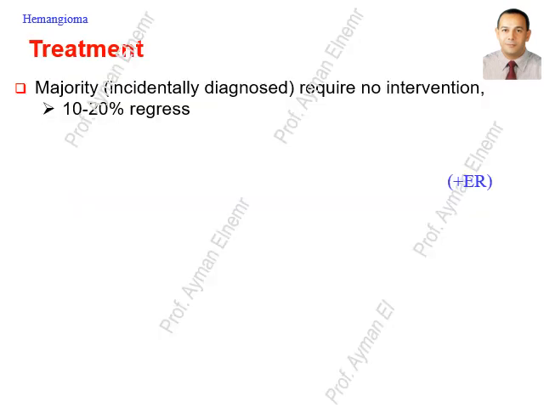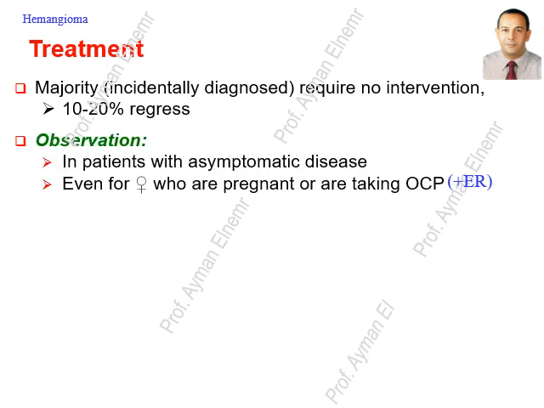Treatment of hepatic hemangiomas. It is important to note that the majority of incidentally diagnosed hemangiomas require no intervention at all, as 10 to 20% regress. Observation can be an appropriate approach in patients with asymptomatic disease, even for females who are pregnant or are taking oral